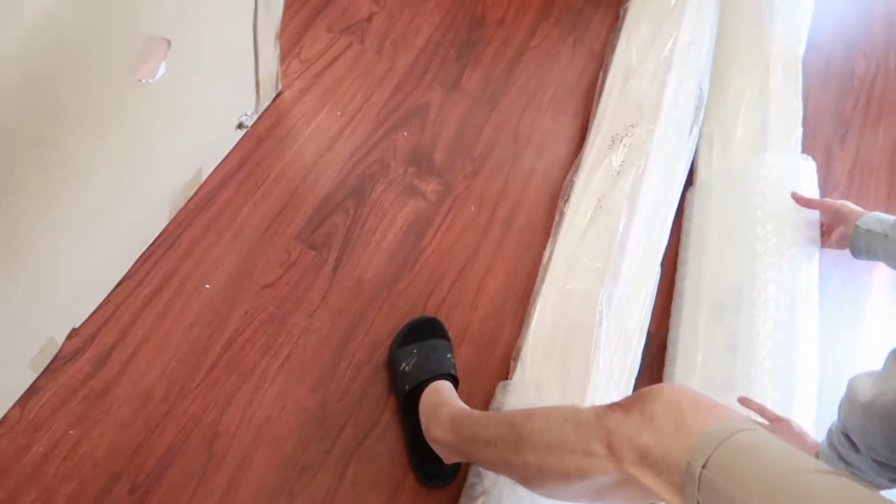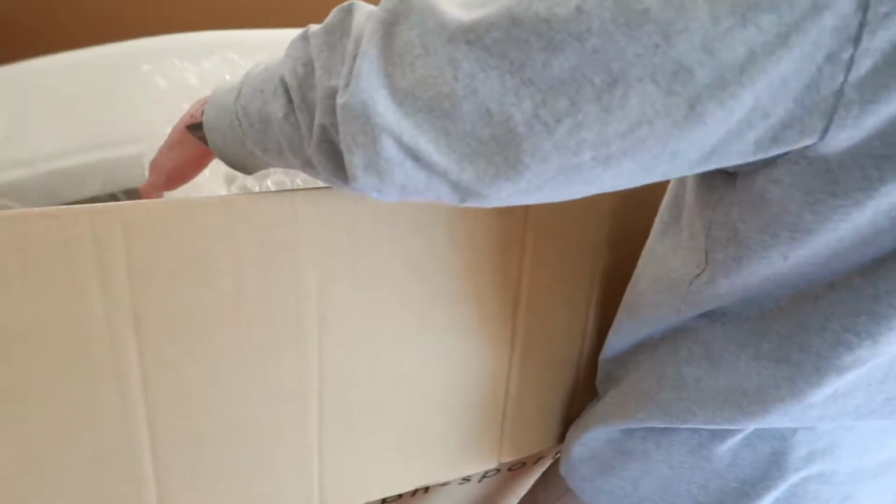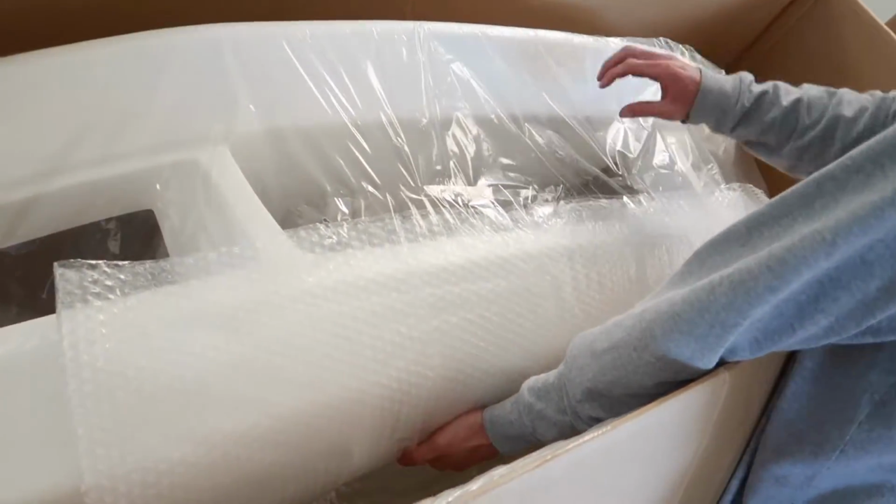Okay, cool. So it's 34, 30, 32. So you gotta paint it, obviously, right? Yeah, we're gonna mock it up today. So here, guys, we have the...